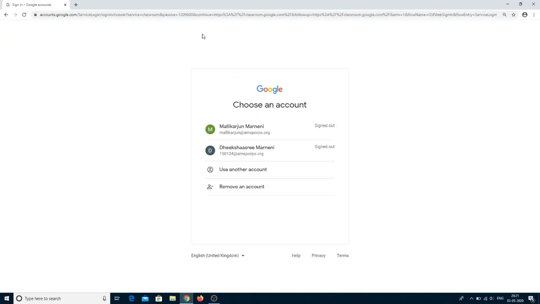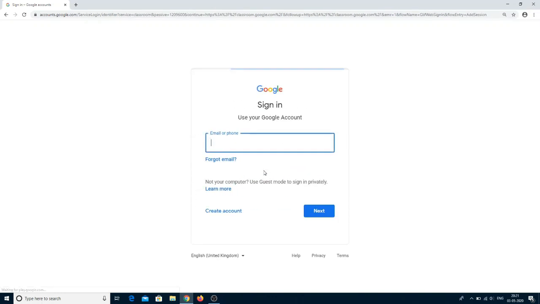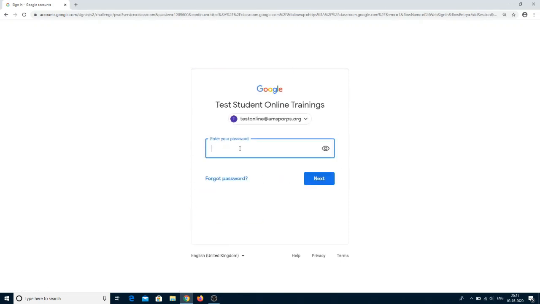So now again we will see the process. One more student is there. We are logging in to the student account. Again I am repeating, as a student you can join their account. This process is for students, how they can attempt the online quiz assessment. Log on to the student account. After logging on, they can see their respective class.